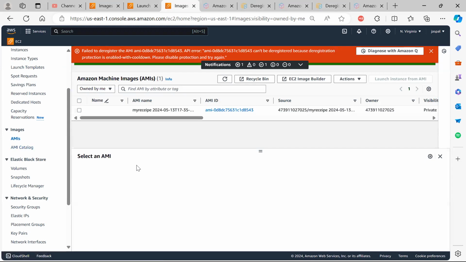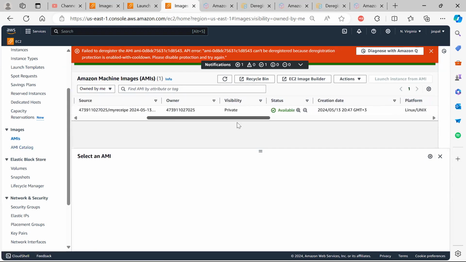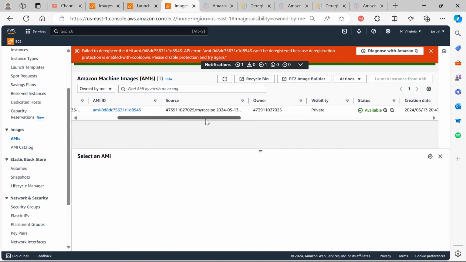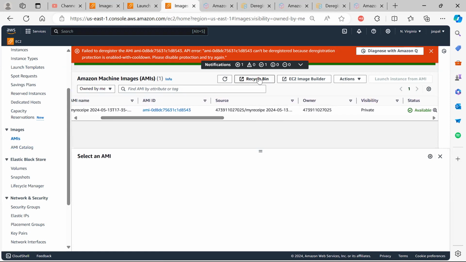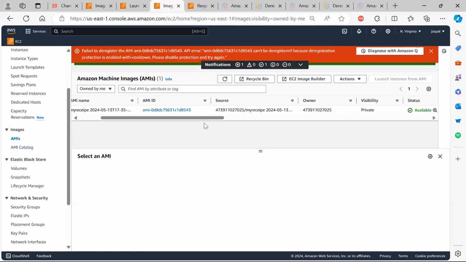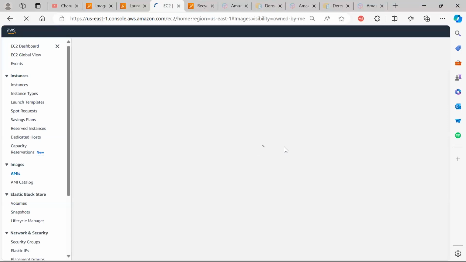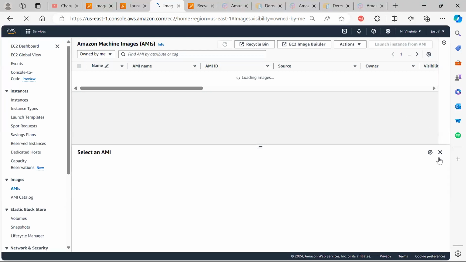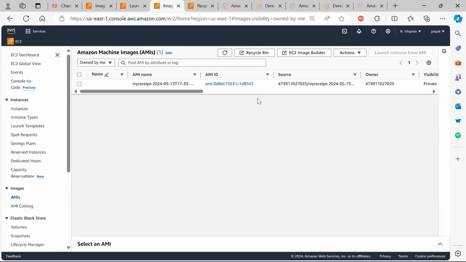So it will still be there. You can check your recycle bin also over here on the top. Let it first move. Let us check over here. Still. So if I go back over here into the actions,